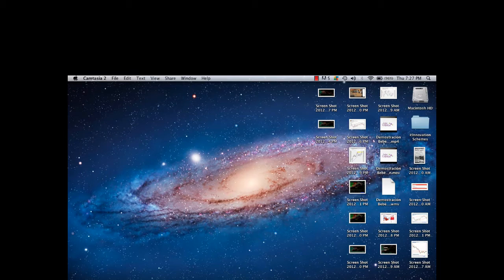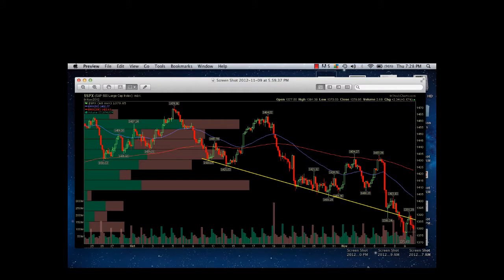After the close, I still have no power, but what I did was save some images so that I could present something to you. We can see where the S&P 500 hourly chart finished up at the end of the day. We have this trend line that we broke down through, retested, and moved back lower. Now, we didn't close at the 1370 level, which is something we were talking about in the room today,